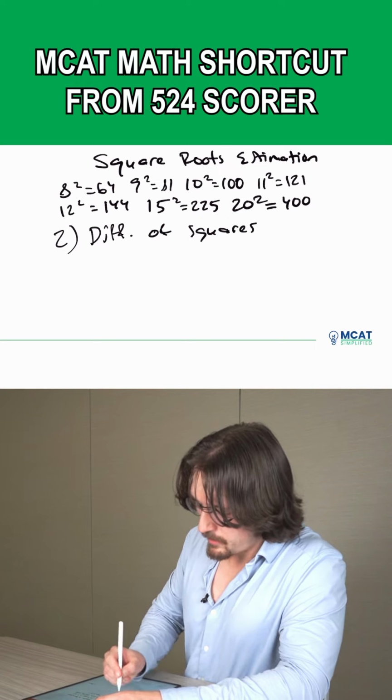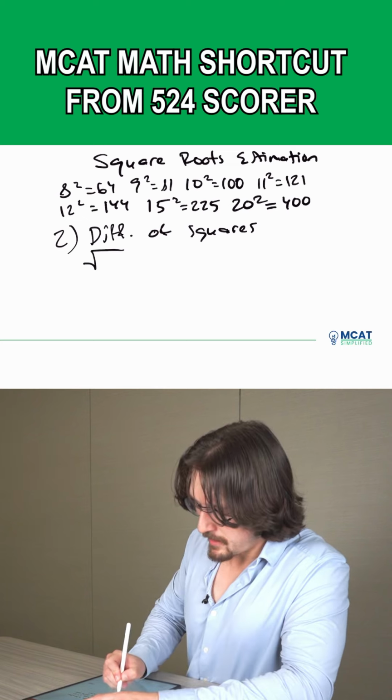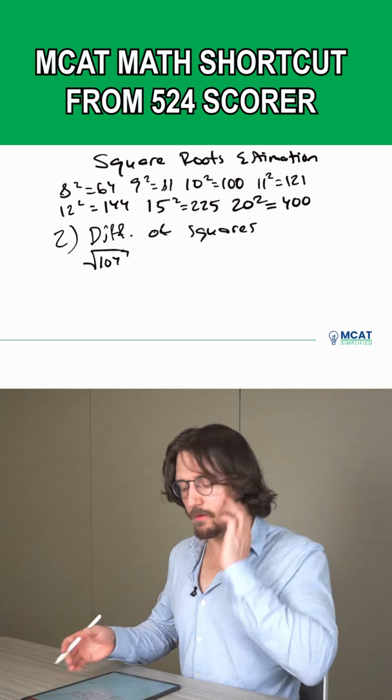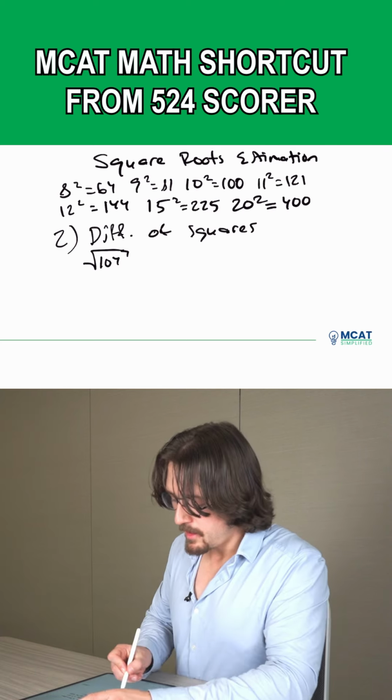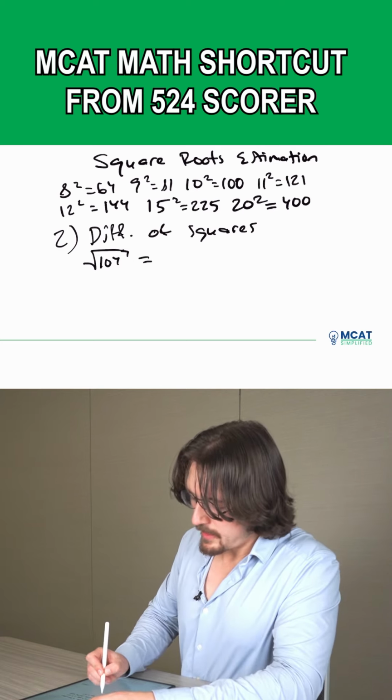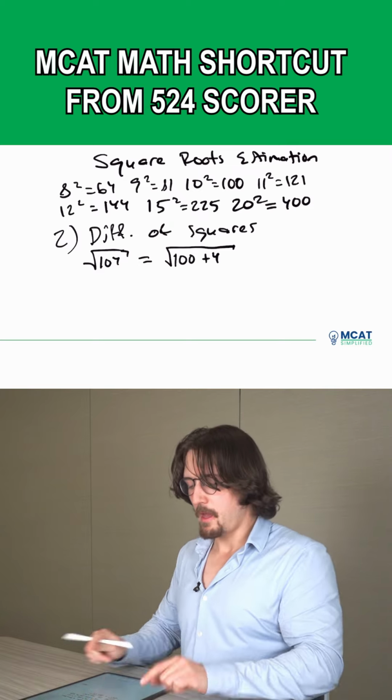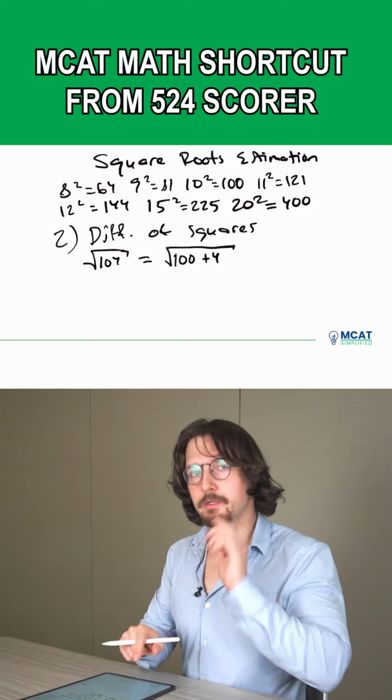Difference of squares. So let's say we want to find the square root of 104. Okay. Again, this is not something that we just know. It's got to be a decimal. So we can rewrite this though as being equal to the square root of 100 plus 4. And then whenever we can get a square root in this form, we can apply